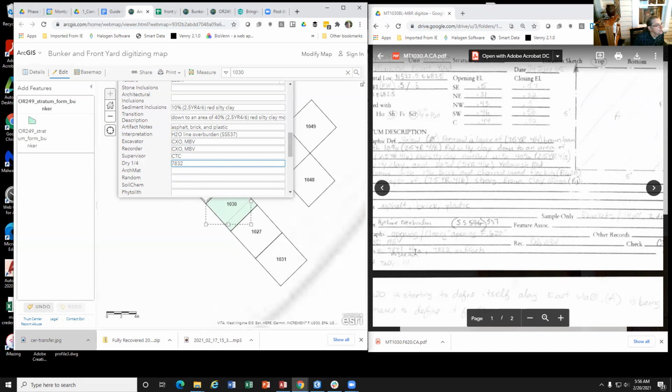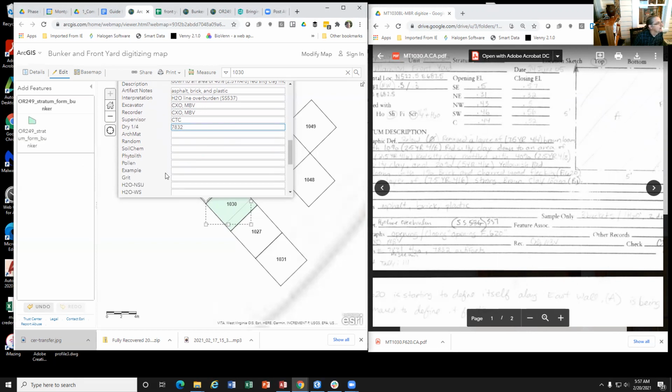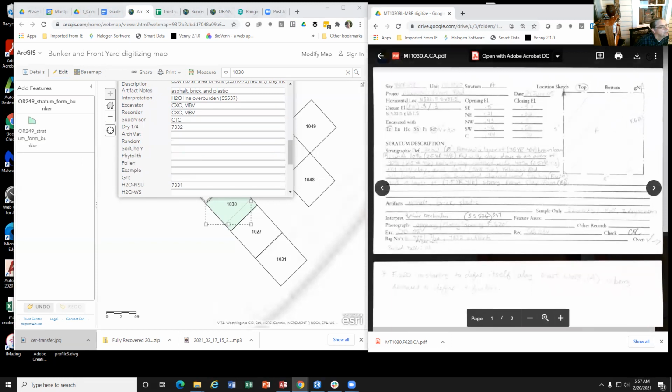Your H2O no-seum is 7831, and that is H2O NSU, which stands for no-seum screen. It looks like those two are all the bag numbers that were used.